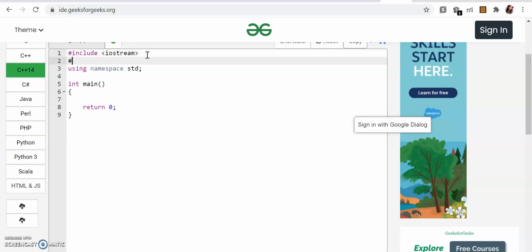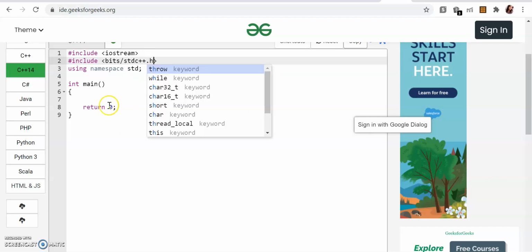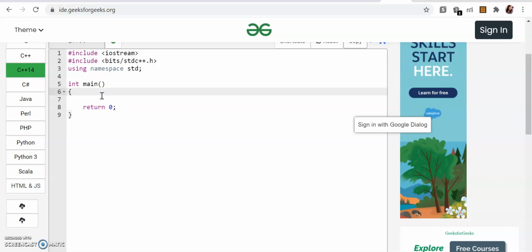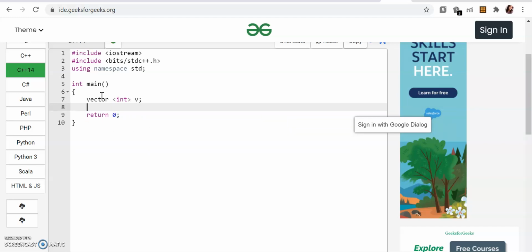As header, as I already told you, for vector you can just include hashtag include vector, but what I usually prefer is to add this library so that you don't need to worry about anything later on. Even if you're adding n number of things afterwards, it is all there: all the containers, iterators, algorithms. So let's get started. I'll define a vector int sevi. So right now I will create an empty vector.